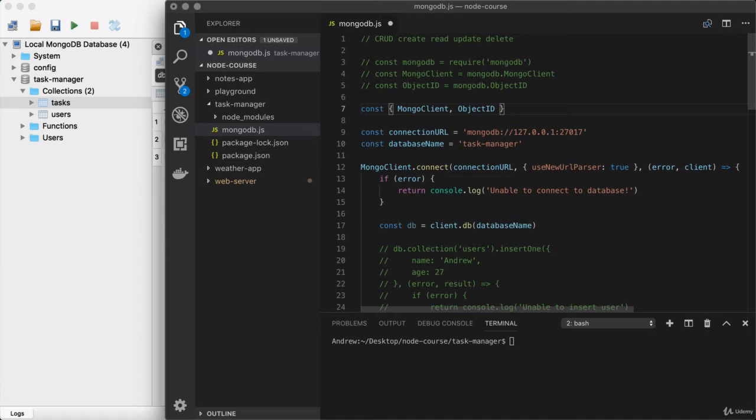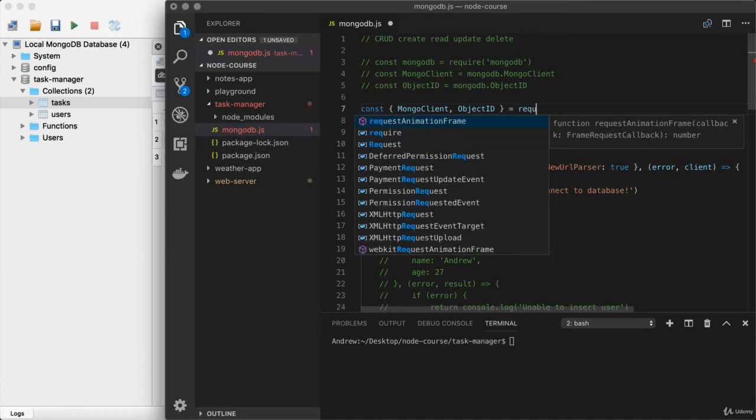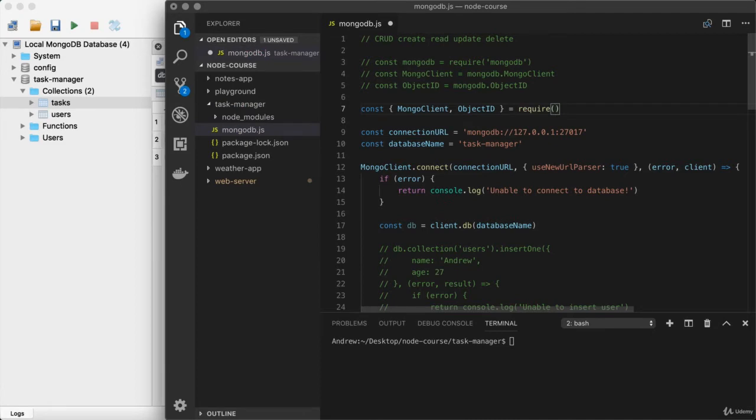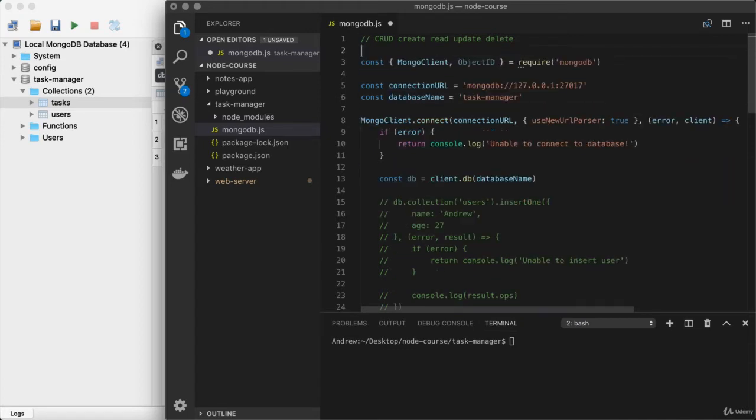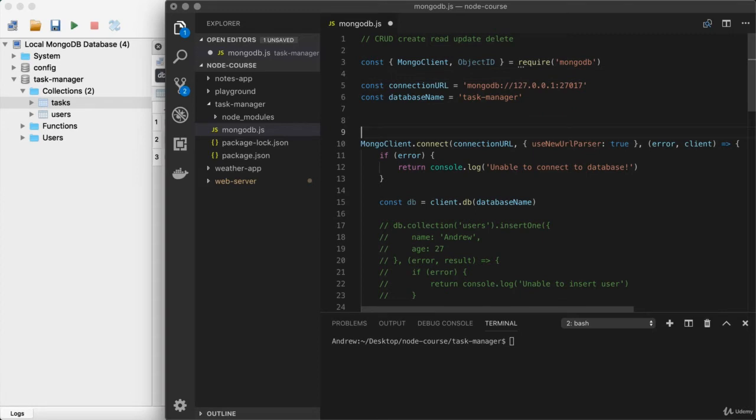Now, where am I going to grab them from? An object, that's how destructuring works. And I have the object as the return value for calling require with MongoDB. Perfect. So this is just a shorthand for grabbing things off of MongoDB. Now, the old code is still going to work exactly the same. MongoClient.connect is still going to work as expected, but now we're going to be able to generate our own IDs right here from the file.